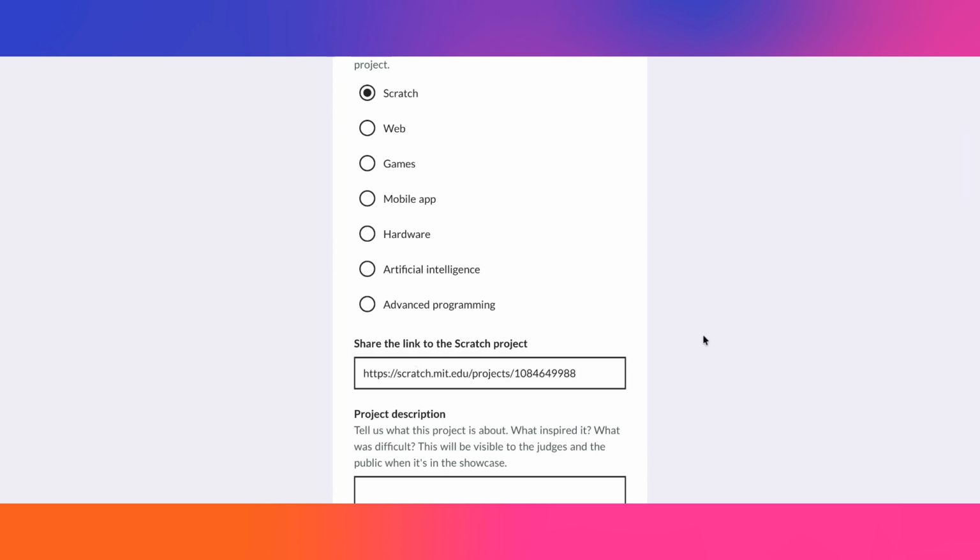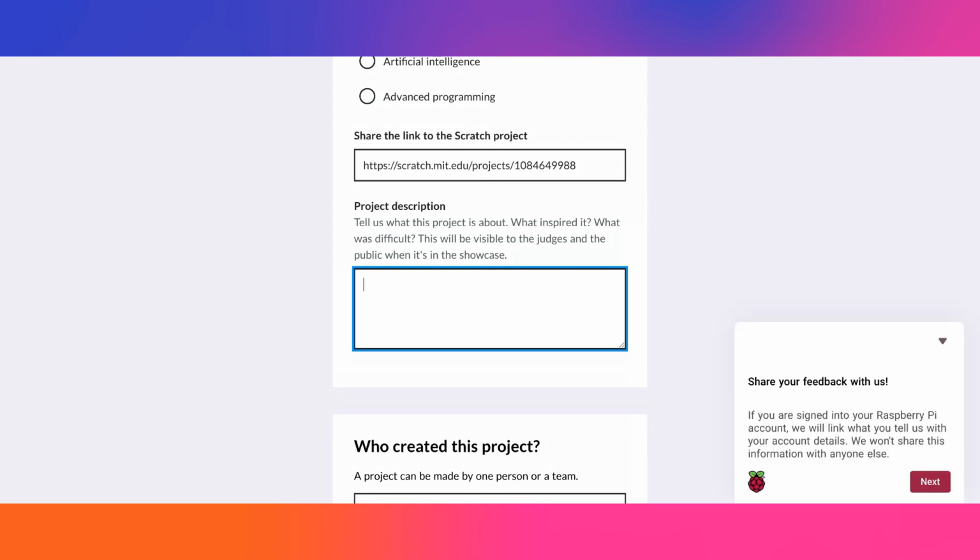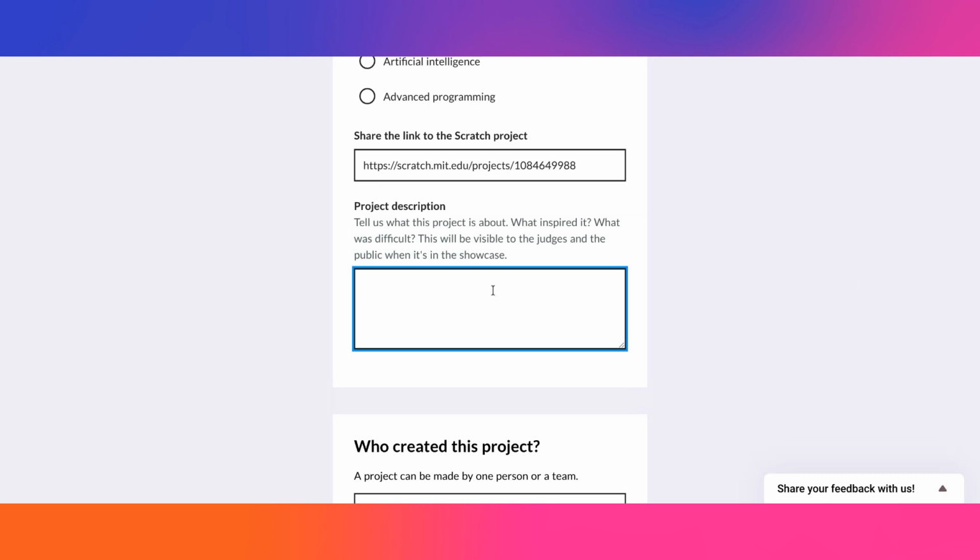Here's one of the amazing projects from last year's gallery. And then we want to know a little bit about your project. This is what our judges read when they are shortlisting your project and giving you some feedback. And it's public in the online showcase. So it's worth telling us all about your project. So I'm going to say my project is about. We love to know what's inspired your projects. So it was inspired by